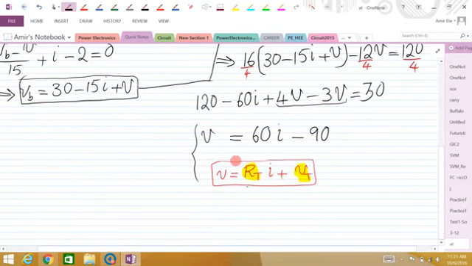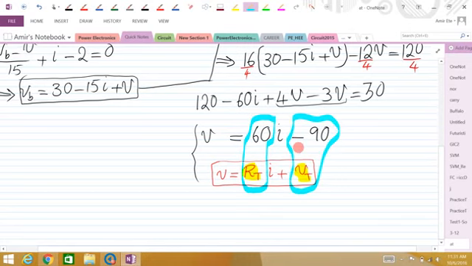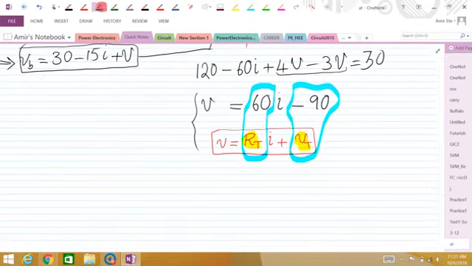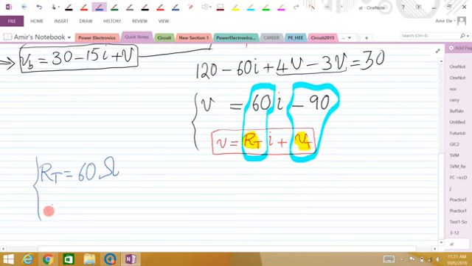So if I compare these two equations, I have two parametric equations. V equals something times I plus something else. So this would be my RT and this would be my VT. So my RT is 60 ohms and my VT will be minus 90